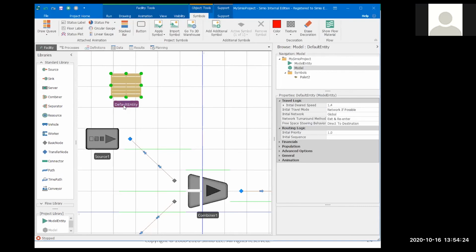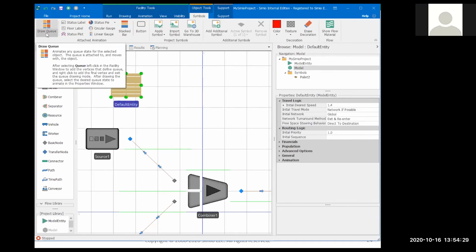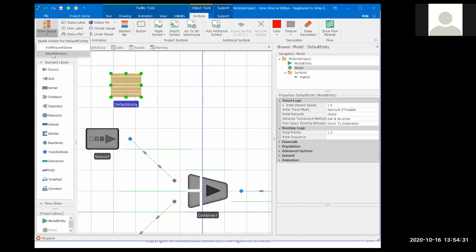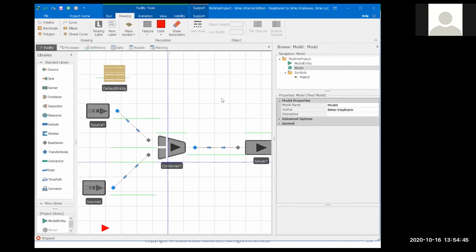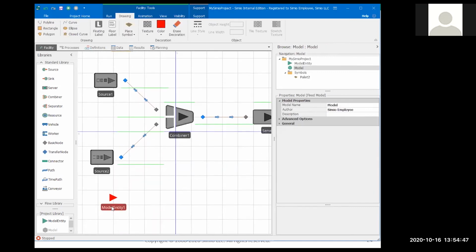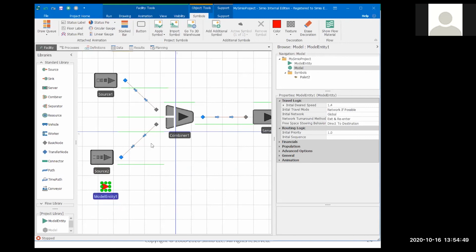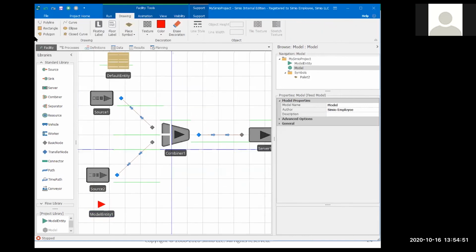And then while I'm here, I can say I want the entities to appear on the palette. So I just went up to the draw queue batch members, and I'm going to draw a big line there like that. That will be where the entities sit on the palette. Okay, so if we just run this now,